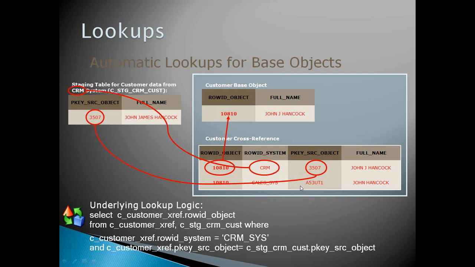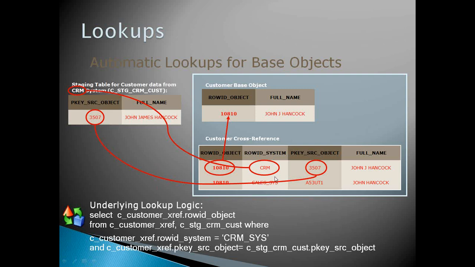No, see, yeah, that is what I told. I have just put this slide to show you what we have done initially. This is a part of match, what we'll do later. So initially, when we load the records, both the records will be there in my base object. So CRM and sales, both the records will be in my base object as well as in the cross-reference table.